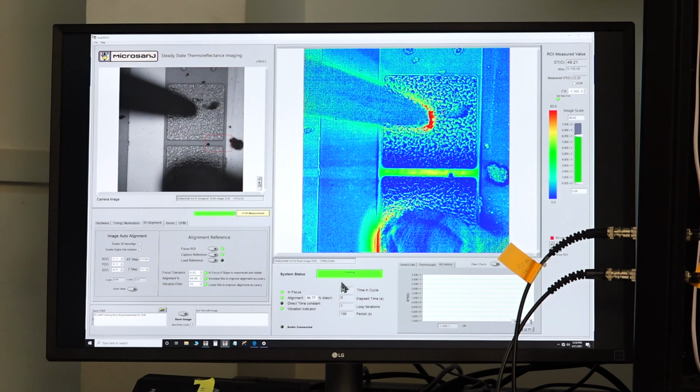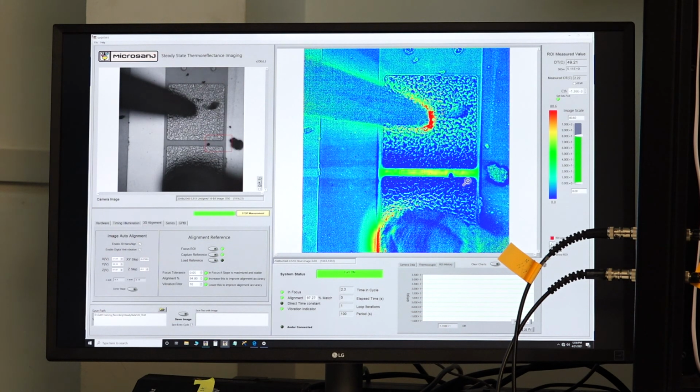So as the measurement progresses, we have already completed one cycle of measurement. So we can see the steady state thermal image being generated. As we see, electrical current is flowing from one metal pad to other. The active region between the two metal pads has heated up. And this is a steady state image captured over an electrical excitation for 50 seconds. So the temperature has gone as high as 50 degrees centigrade, as you can see from this focused region, the ROI, the region of interest that I have drawn.